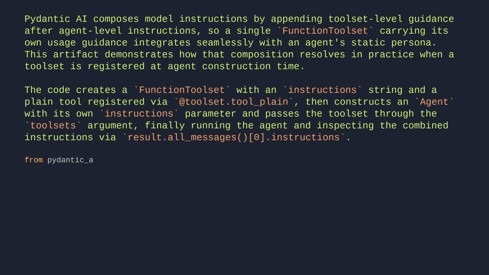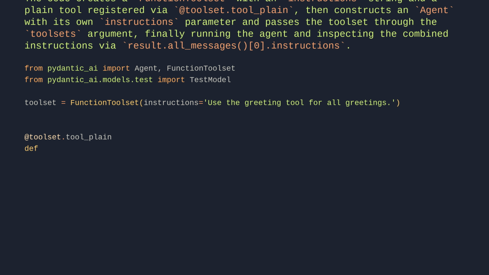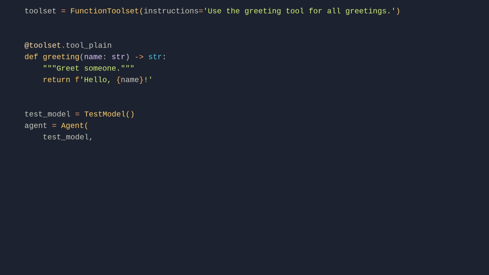From pydantic_ai import Agent, FunctionToolset. From pydantic_ai.models.test import TestModel. toolset = FunctionToolset(instructions='Use the greeting tool for all greetings.'). @toolset.tool_plain def greeting(name: str): 'Greet someone.' Return f'Hello {name}'. test_model = TestModel(). agent = Agent(test_model, instructions='You are a friendly assistant.',